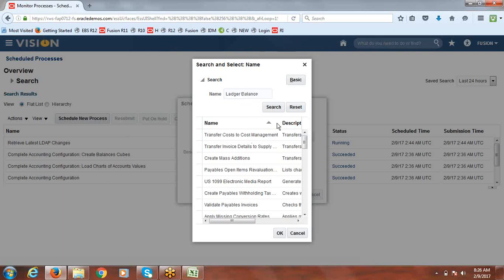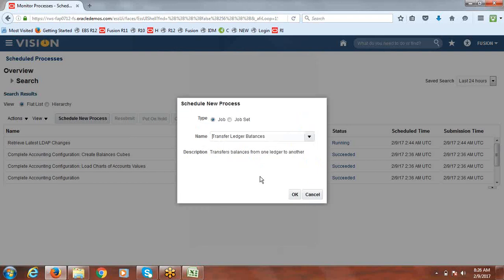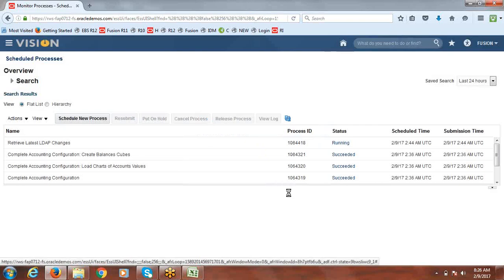You can find the job name, something like transfer ledger balances. This is a job name. Select it. What is the purpose? It transfers balances from one ledger to another ledger. That can be any ledger. Okay, we have to select the parameters. Say okay.